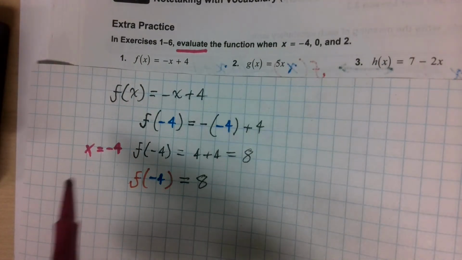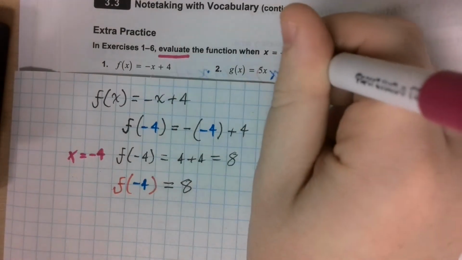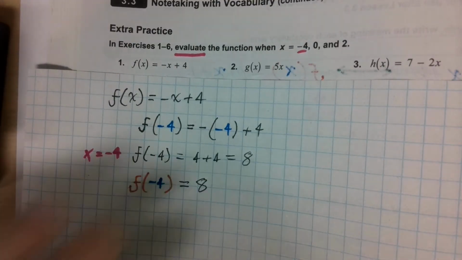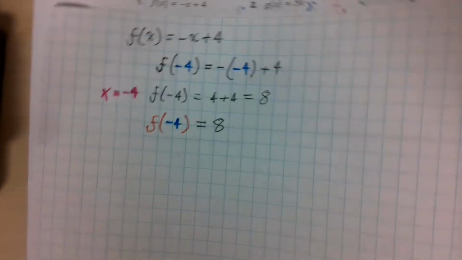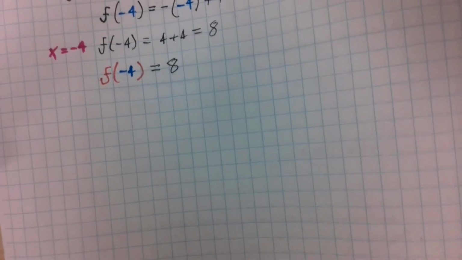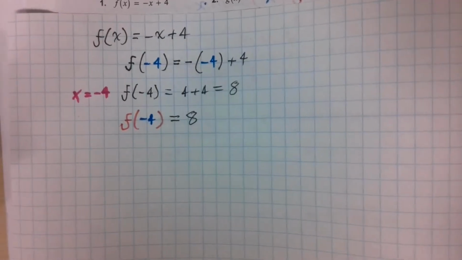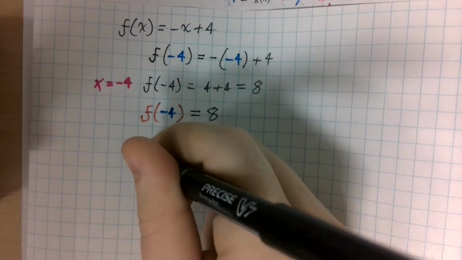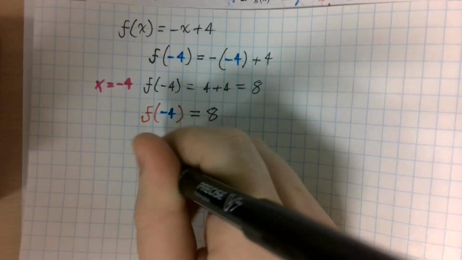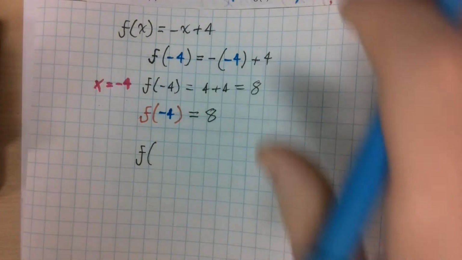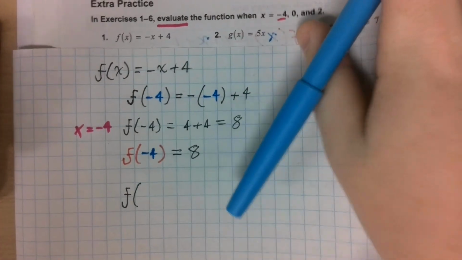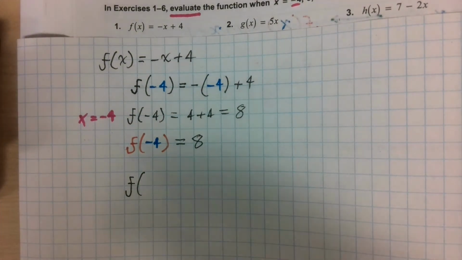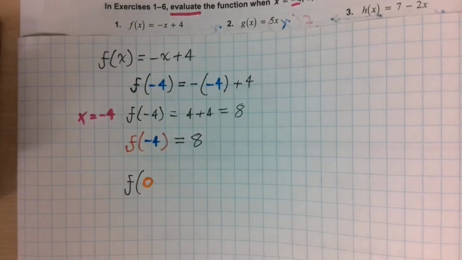But we don't just want to figure out when x is -4, we also want to figure out when x is 0 and x is 2. So let's try the next part, plugging in x equals 0. So again, our equation is f of x is -x plus 4. So this becomes f of, this time we want to plug in x equals 0, right? I'll use a different color to show this one. f of 0